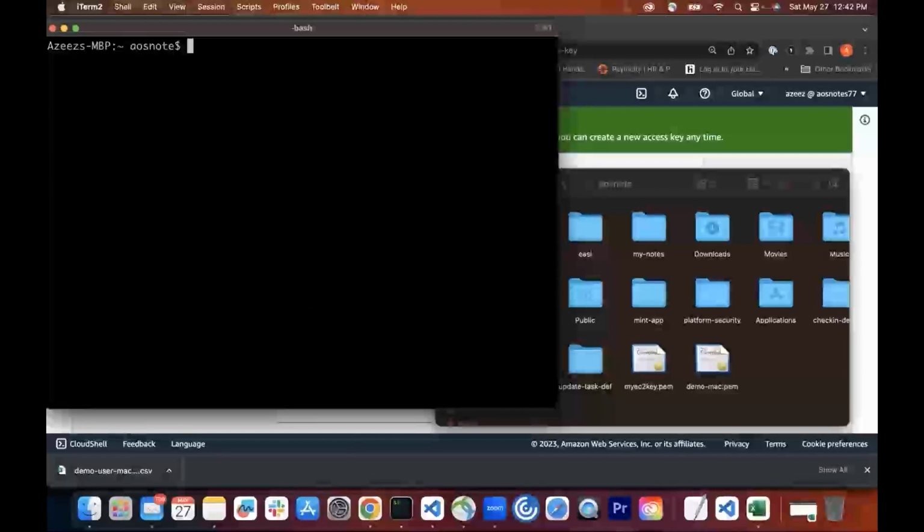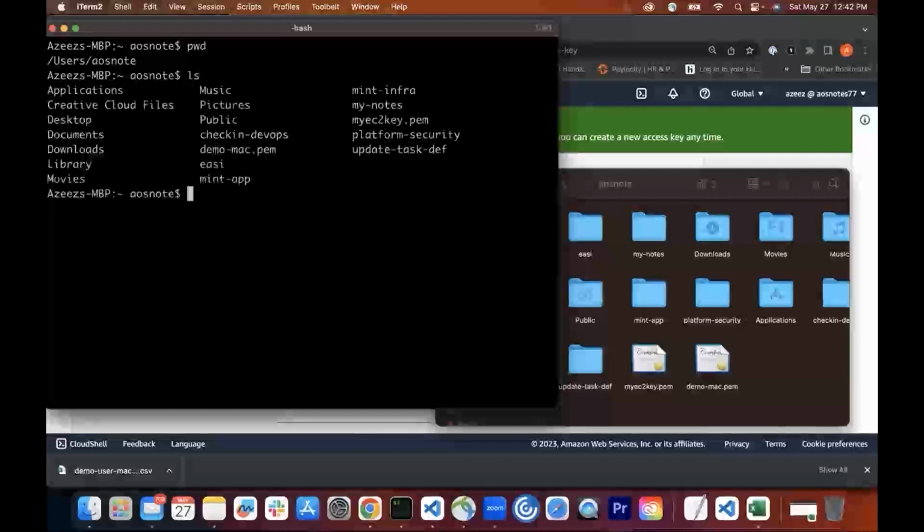So here, to show you that I'm in the home directory, if you type pwd, you will see it will say users and whatever your home directory name is. Also, if you see this fish looking thing here, that means that you are in the home directory. Then in this home directory, if I type ls, I should see a .aws folder here, but I can't see